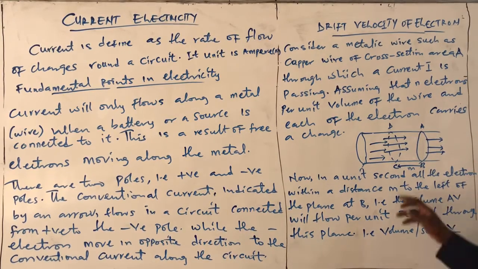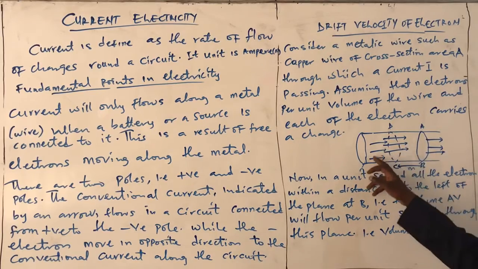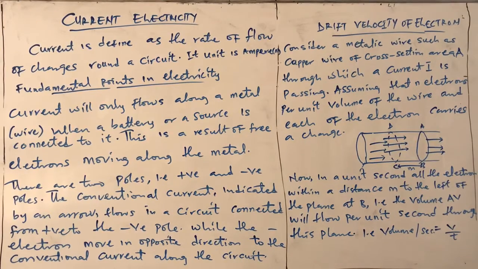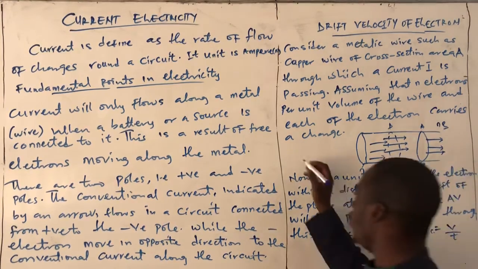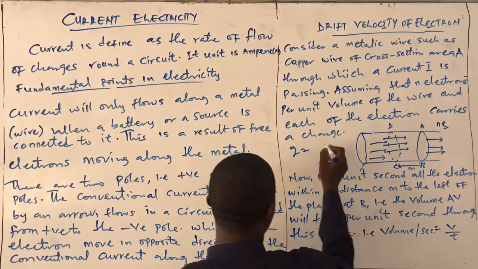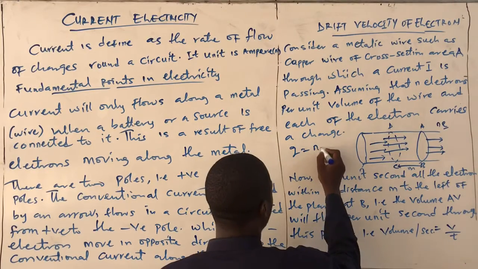If we want to represent the number of all these electrons inside this cylinder, we can just say that we have N e. That is the number of charges. Let's say we have millions or billions of charges inside this material. So we just multiply it by the charge of one electron. Therefore, we say that Q, the charge inside this material, is equal to N e.